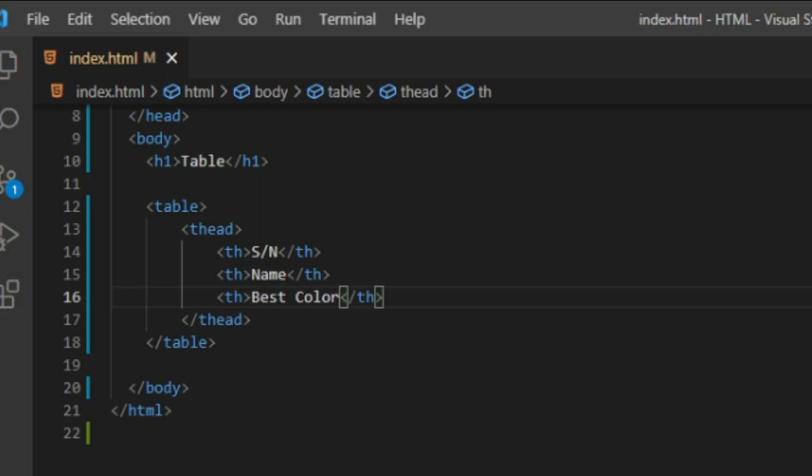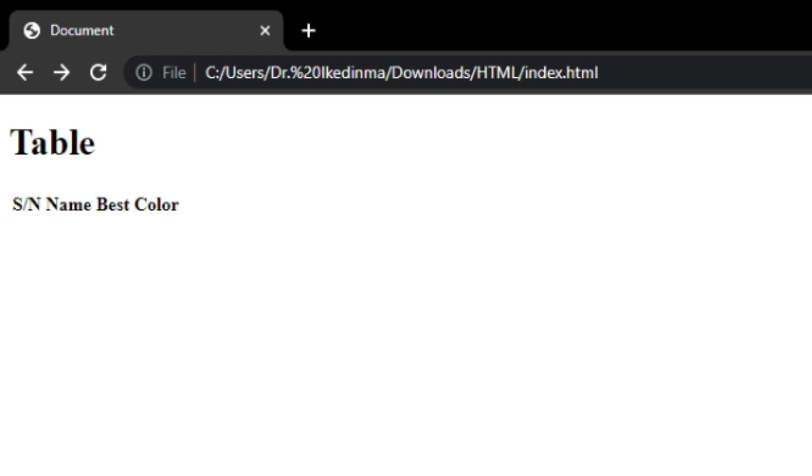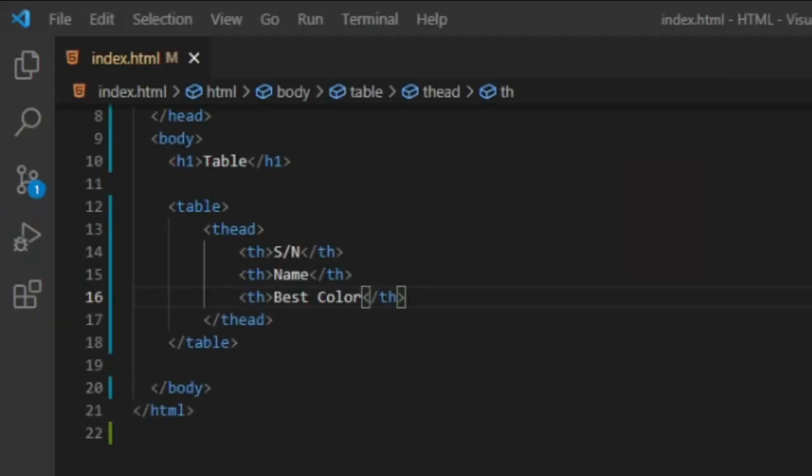We'll save it and then go back to our web browser and see how it looks. We have serial number, name, and best color. As we can see, they are all written in bold, and this is because we used the tag th. This is telling the browser that the words between the opening and the closing tags of this th is the head of the table,